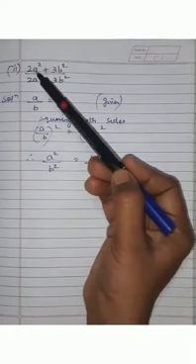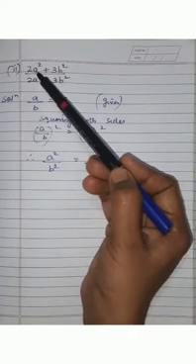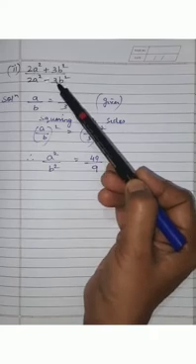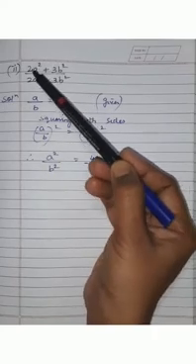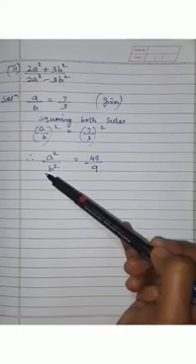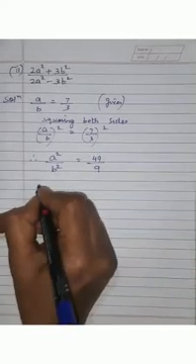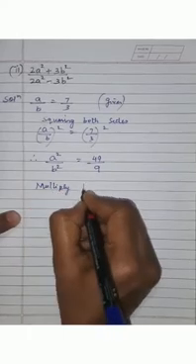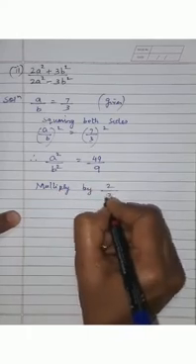Now children, next step, we have to see the coefficient for a square is 2 and the coefficient for b square is 3. That means we need to have 2 upon 3, 2 with a square and 3 with b square. So what we'll be doing? We will be multiplying now, multiply by 2 upon 3 on